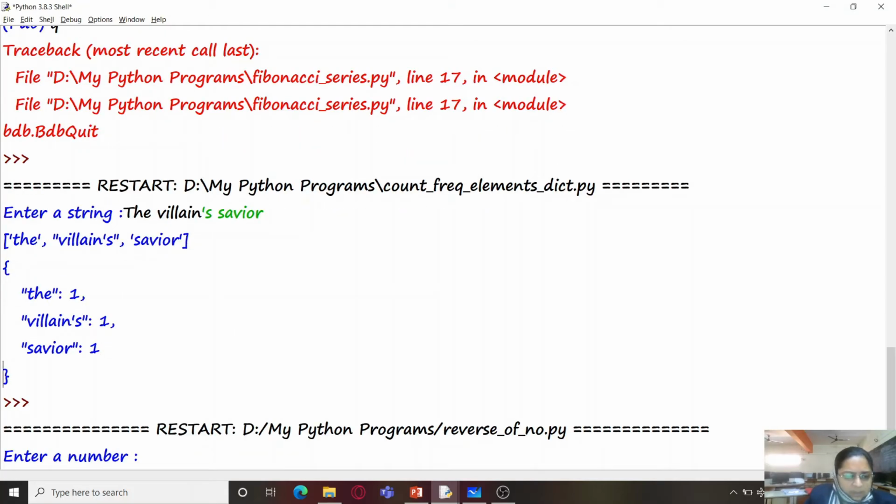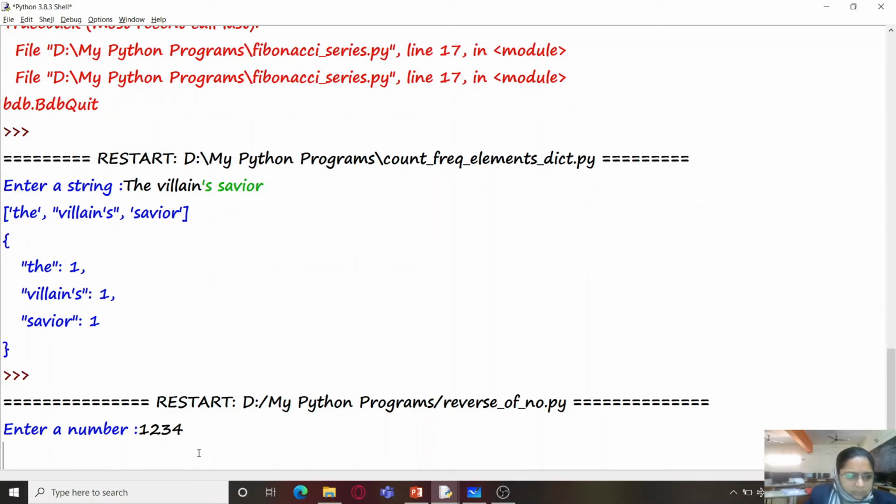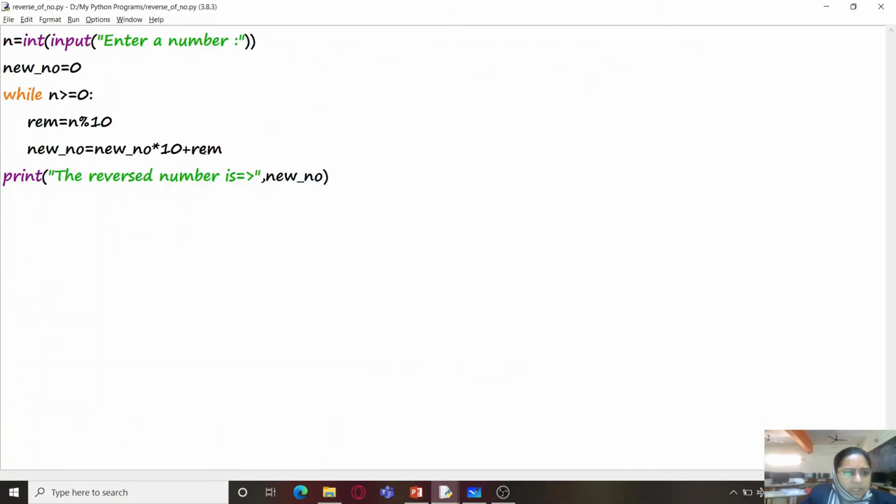Enter the number 1234. But you can see that we are not getting any result. So I'll interrupt it. Now the result is not there. How do we find why the result is not there? Now we can see that these two statements are quite okay. There is no problem with that. So the problem starts within the while loop. Something is being stuck in the while loop because of which we are not getting the output.